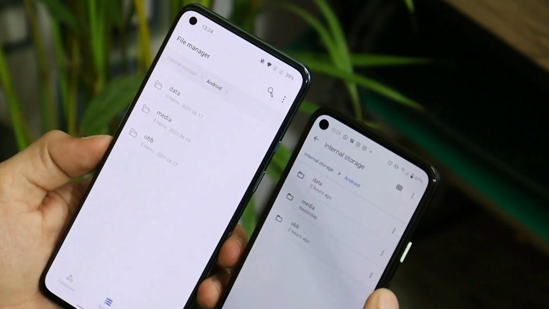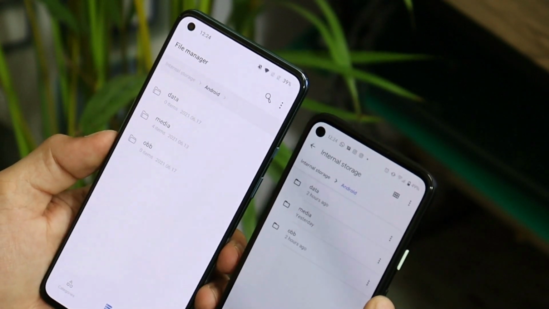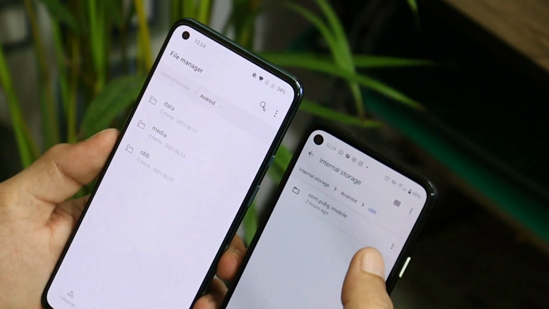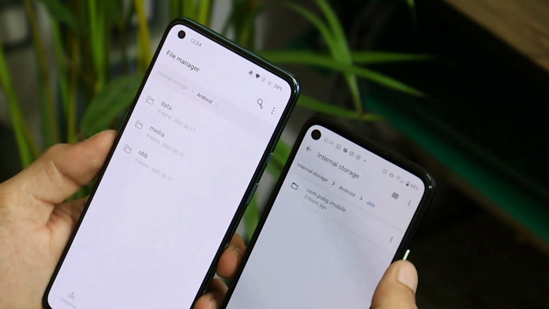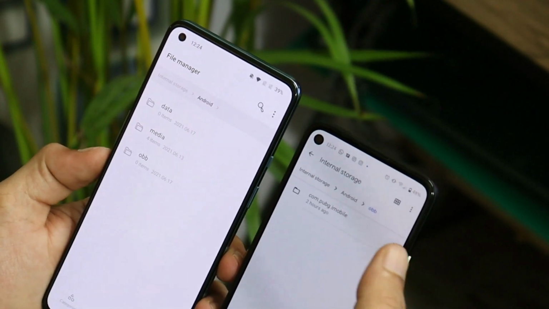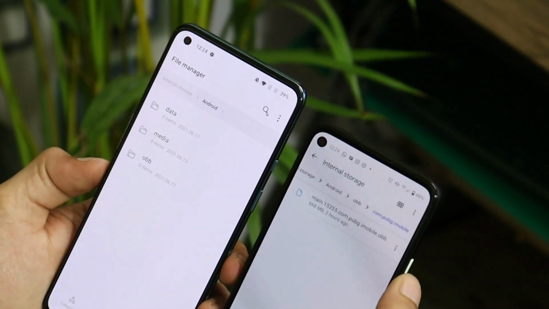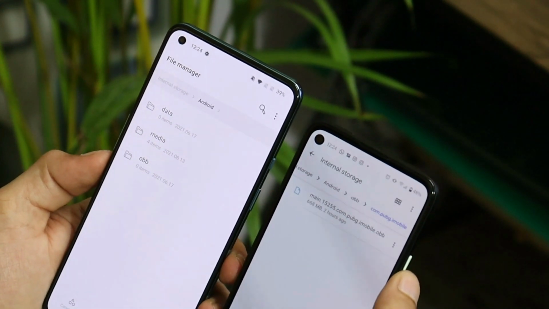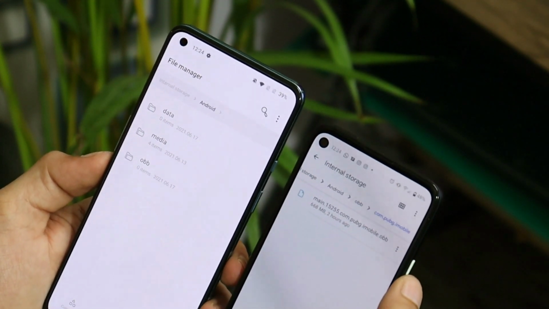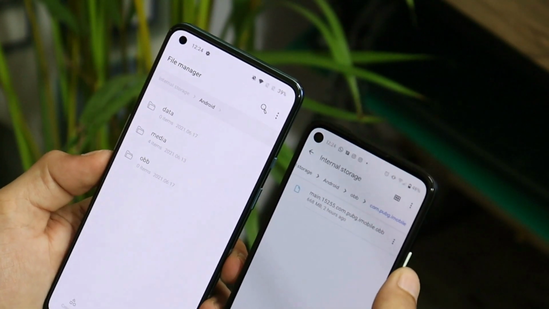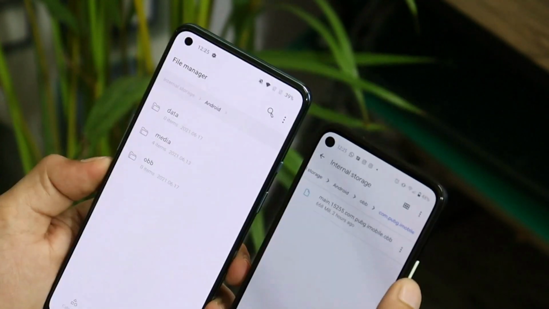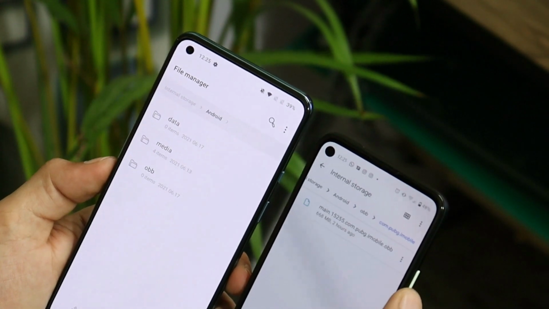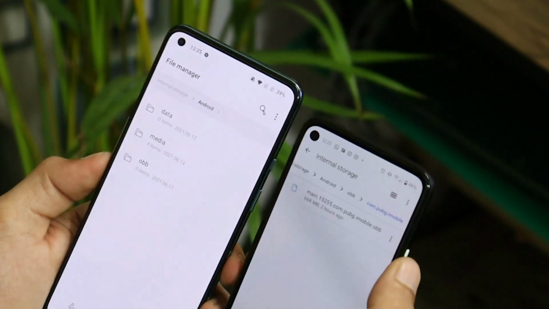The process is the same. Connect your device to the PC, select file manager mode, and from there access the folder called Android OBB and create a folder called com.pubg.imobile. From the PC itself copy the OBB file and place it inside this folder. This is only for people who are running Oxygen OS 11 and are not able to access File Manager. But in most cases, if you are not running Oxygen OS 11 and have a different operating system based on Android 11, you can easily create the folder inside OBB. So the only issue is with the OnePlus File Manager. But you can bypass that by connecting your device to the PC, creating a folder and then placing the OBB file. And you will be able to run the game.